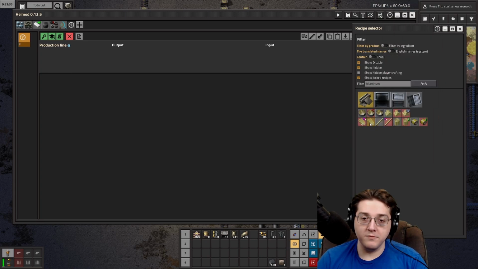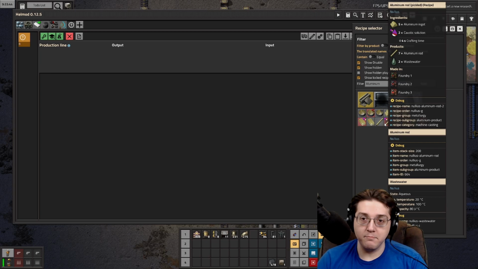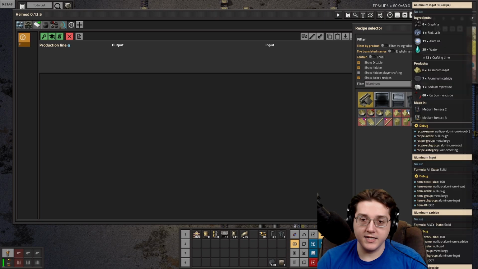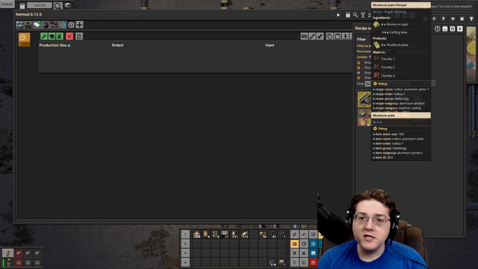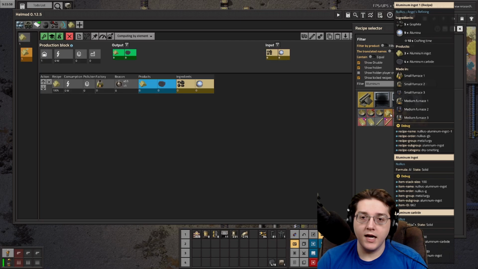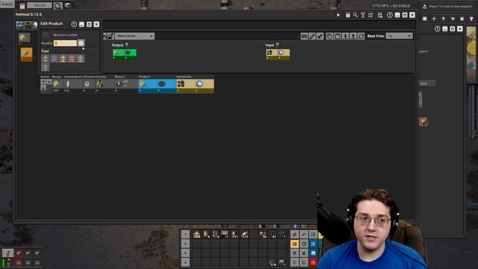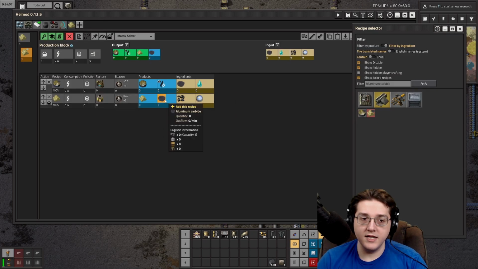So, for the aluminum, I want to make... Interesting, there's pickled aluminum recipes. Okay, that is what it is, I guess. What do I want to go to? Probably the ingot part of it. We will set matrix solver because I have to reprocess this